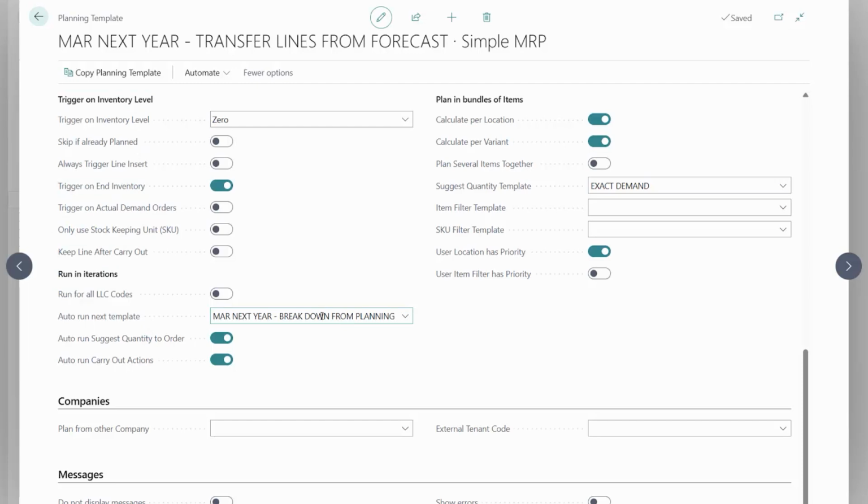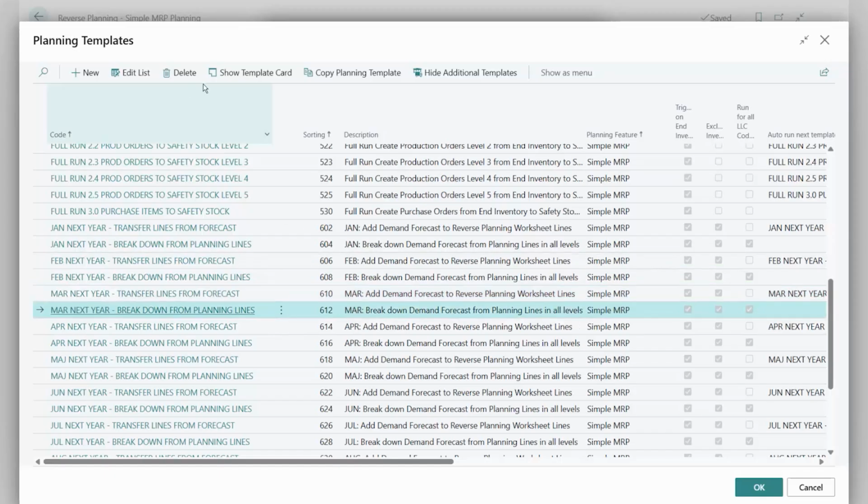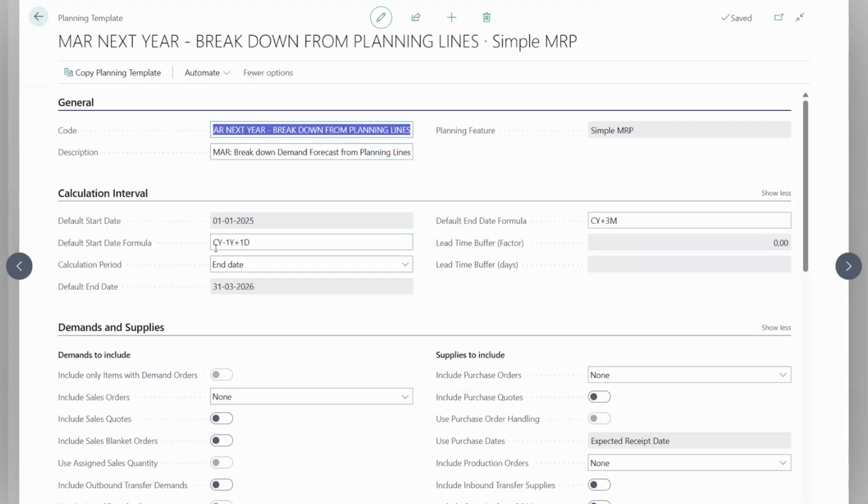So after doing this, it will automatically create the next one. And if we go back and look at the next one that it will automatically run, in here we have a date formula which is now the same end date, meaning the end of March, but the starting date will not be in the beginning of March, because if the purchase items, when we break